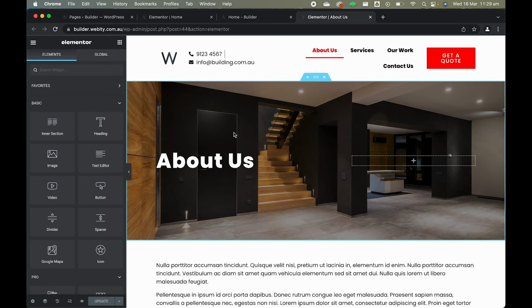This will bring you into the Elementor editor where you can make changes accordingly. Clicking Publish on any changes made in Elementor will show up on the live site. For help on using the editor, please view the Elementor guides and tutorials. You've now been introduced to Webity,